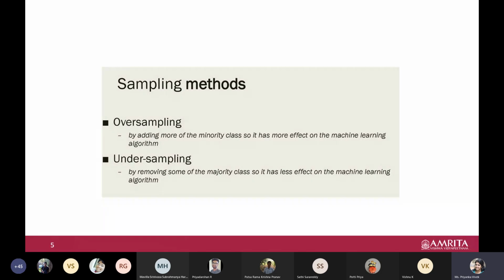So what is oversampling? We have only a small number of samples in the minority class, and we try to add more, so that we don't have a bias, in the sense that we don't have one class being very small. So we try to add more samples. Now, how is that possible? We'll discuss it later. Undersampling is removing some of the majority class. Some instances are removed and we try to balance it.